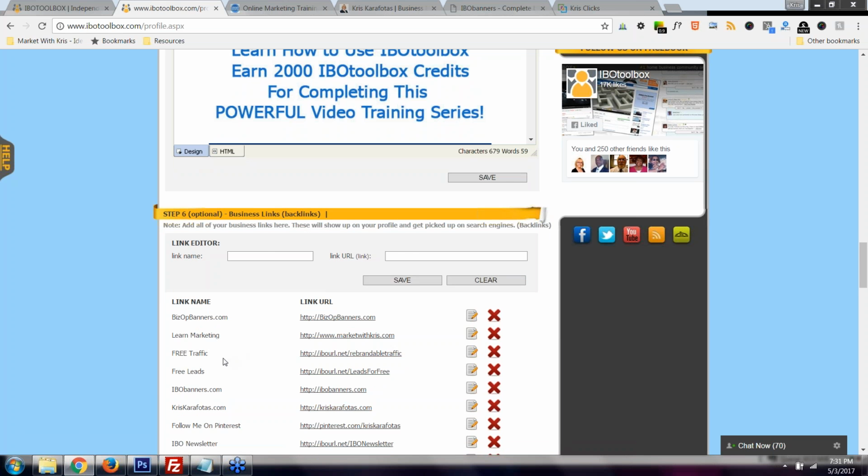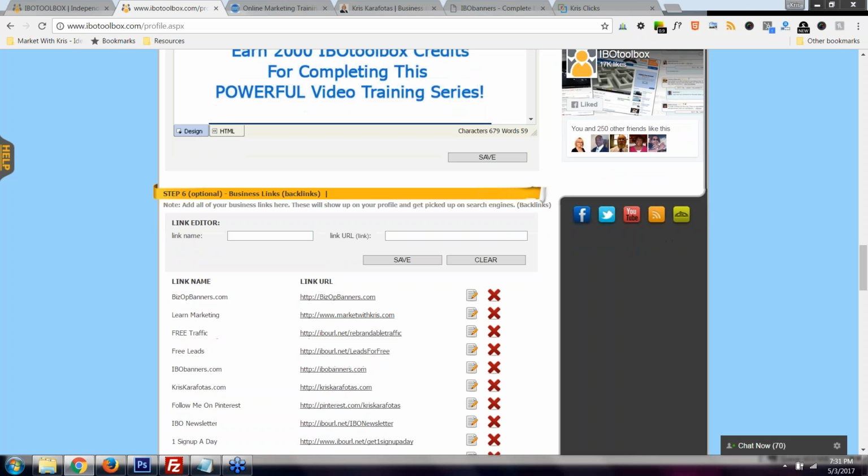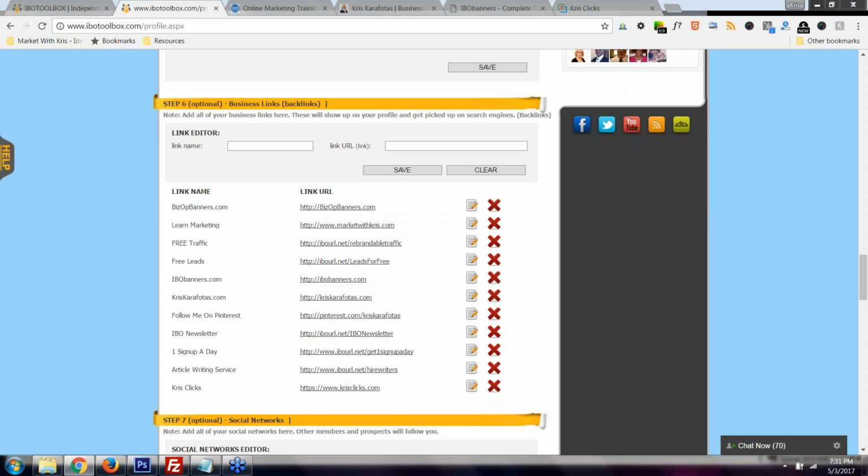Step 6 is where you can create business links or backlinks. They show up on your profile, get picked up by the search engines. You just simply give your link a name and then the URL, and you can get pretty creative with this. Okay, so for instance, you can just be as basic as putting in,